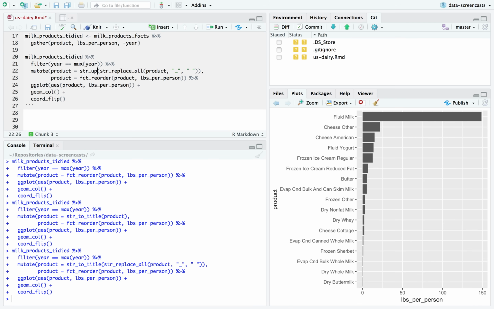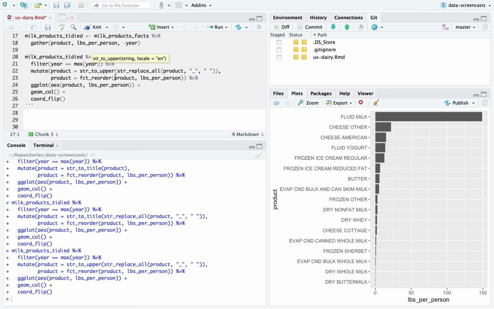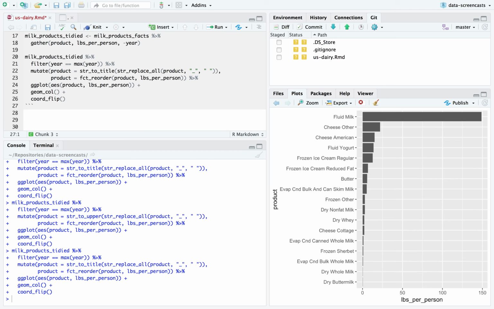Maybe I could do upper. String to upper. And that would be, oh no, not all uppercase. I meant just the first letter. Not worth it. String to title. This looks pretty good. Usually, if I were doing this as a graph, I would probably remove the x-axis label,